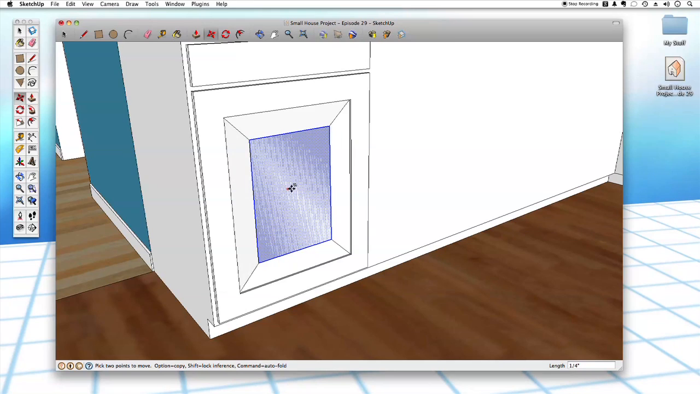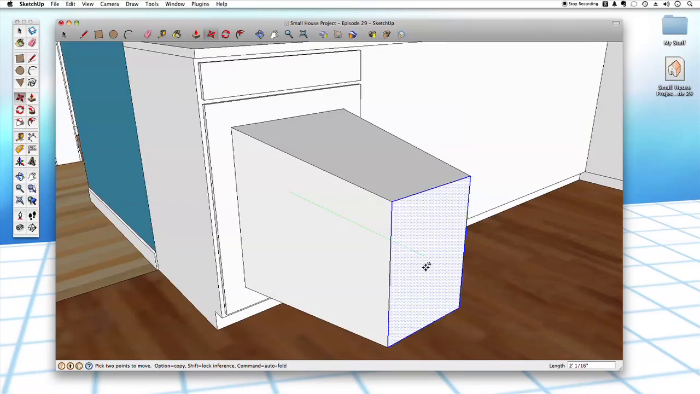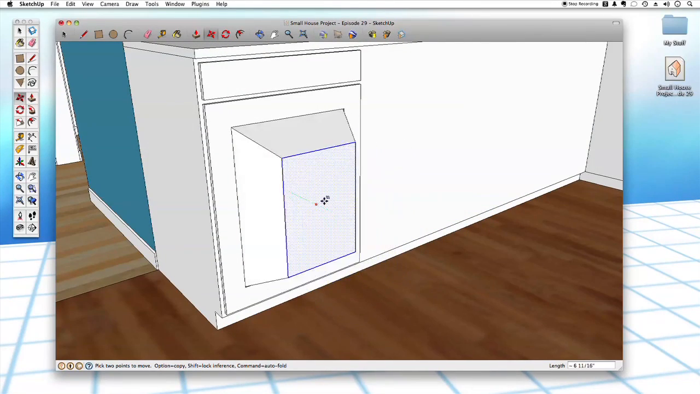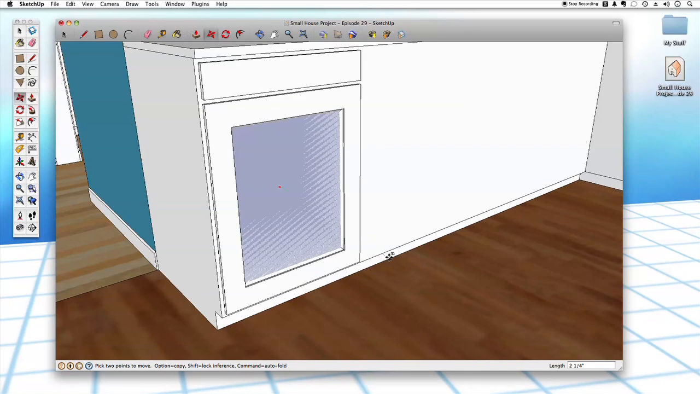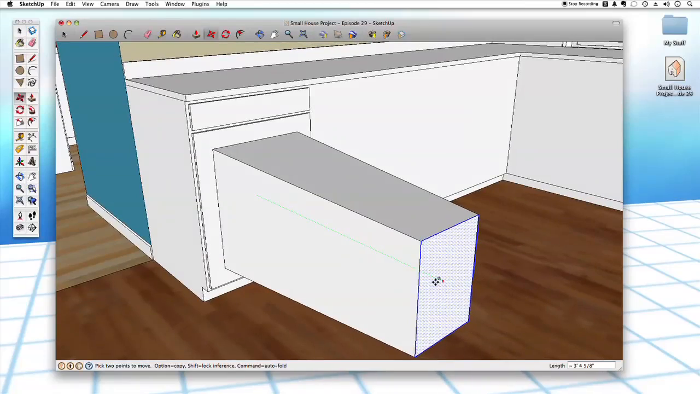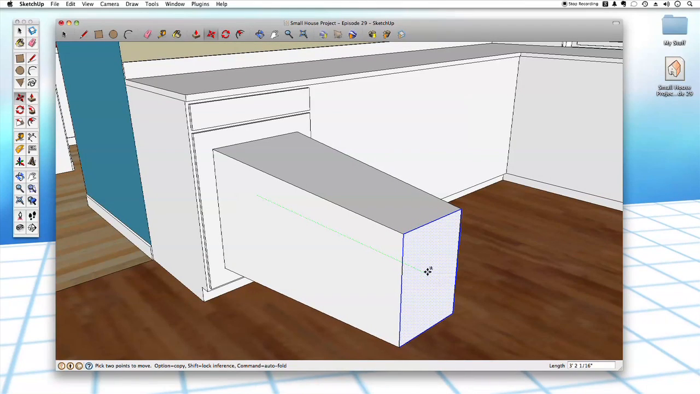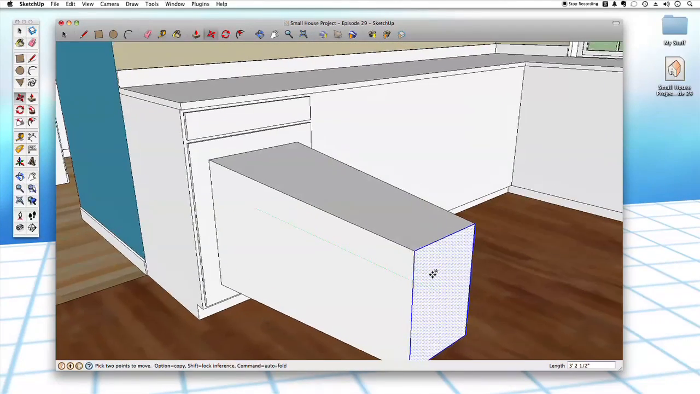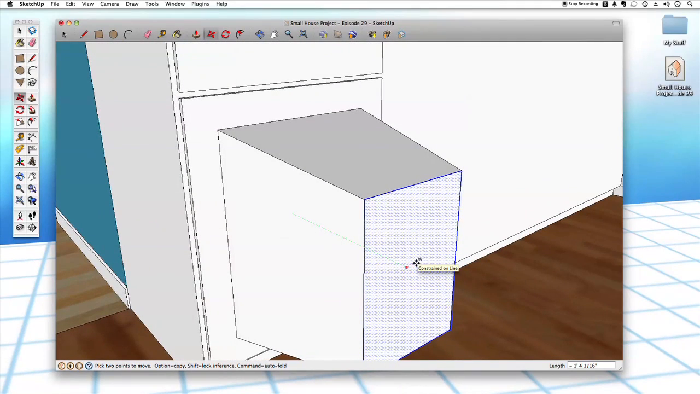So I'm going to hit that. And now, look at this. As I pull this thing out, it's still connected. I've still got these big lines right here that are still connecting it back. Now in this case, this looks really weird. But if I just pull it out a 1/4 inch,